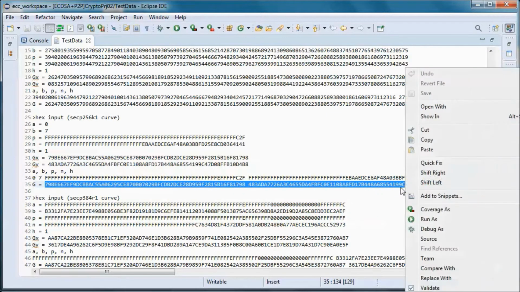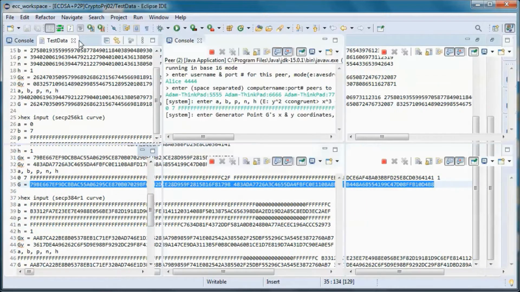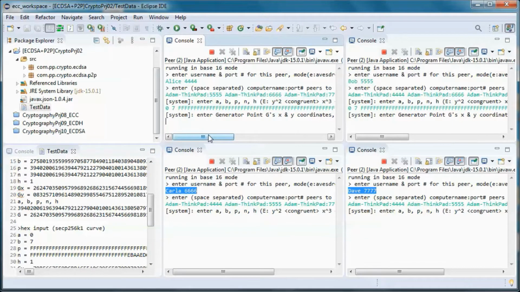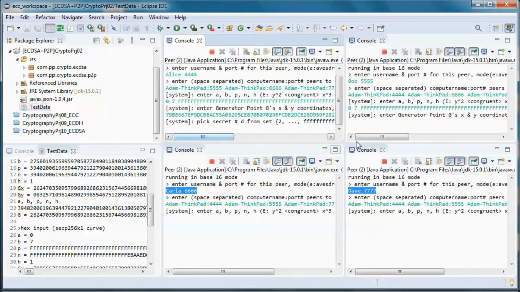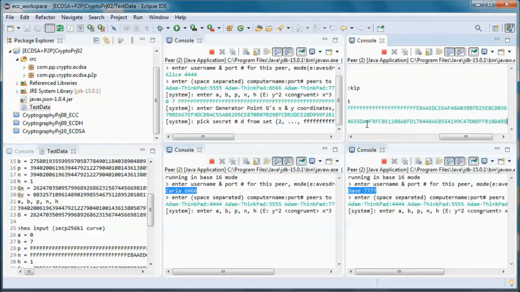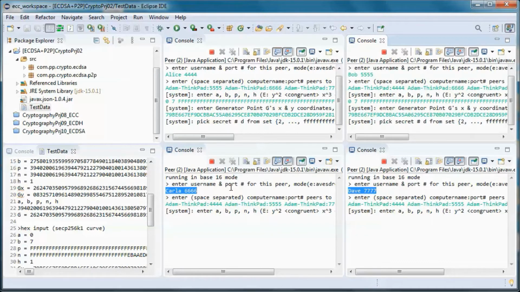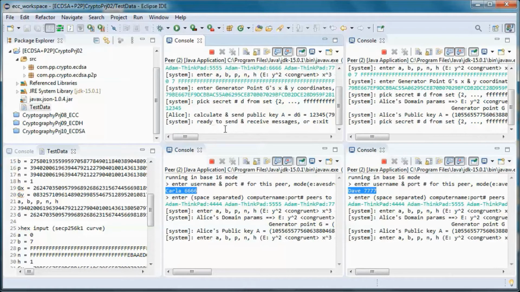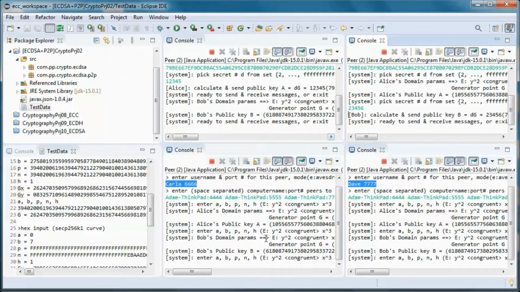With this generator point. And let's say this one picks this secret key, and this one picks this secret key, and we'll have those two